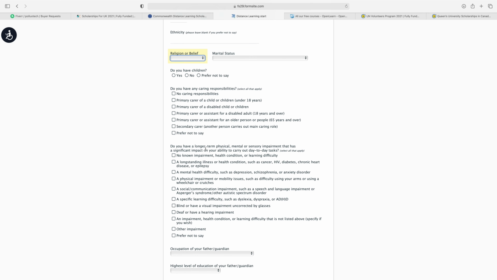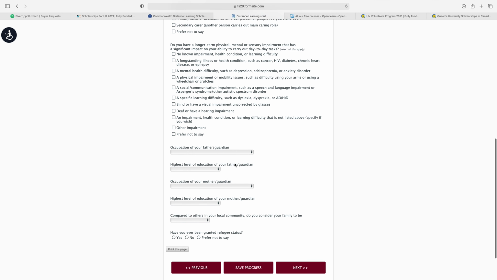Do you have a longer term physical, mental or sensory impairment that has a significant impact on your ability to carry out day-to-day tasks? Next, from here select your father's or guardian's occupation and the highest level of education of your father or guardian. Then the occupation of your mother or guardian and the highest level of education of your mother.